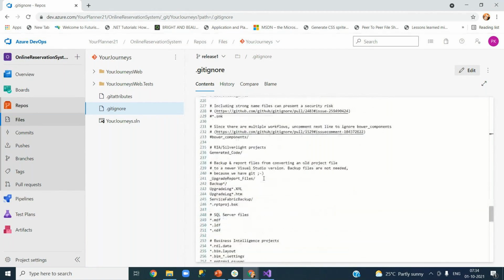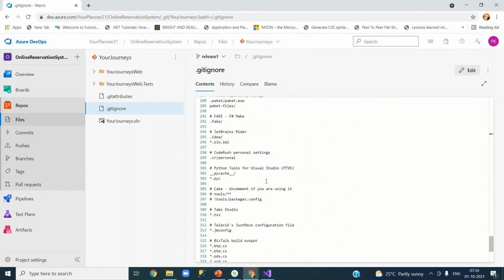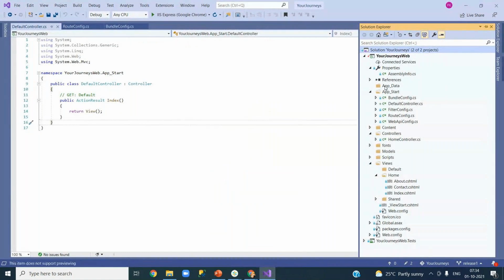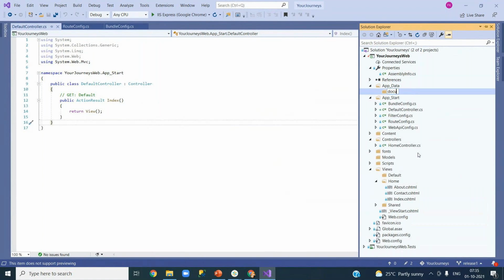Along with this, if you want to exclude something, you can also mention it here. Let us say in your Visual Studio, people might keep some documents. Okay, let us say I know this is some bad habit from many people. Okay, they will go and add a folder. Let's say documentation. Okay, people go and